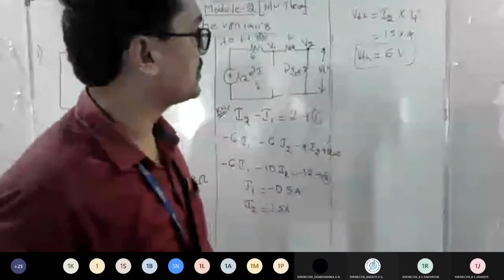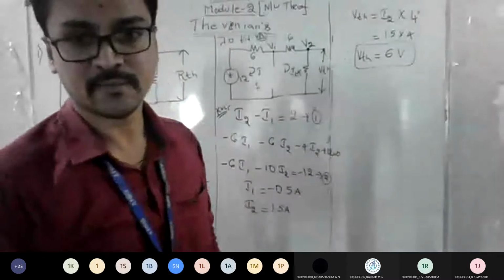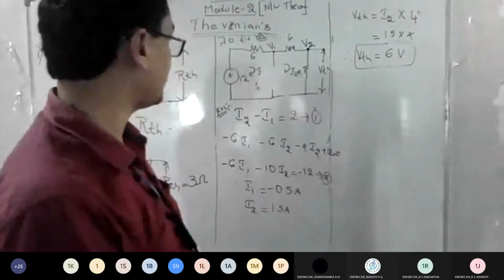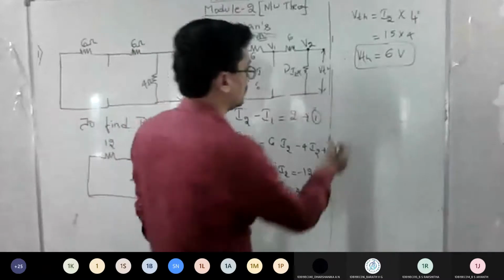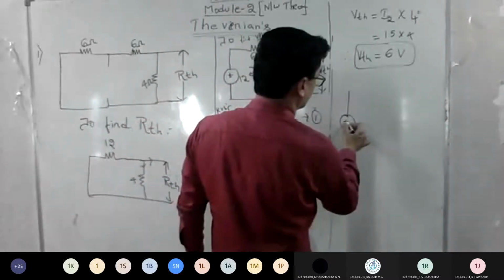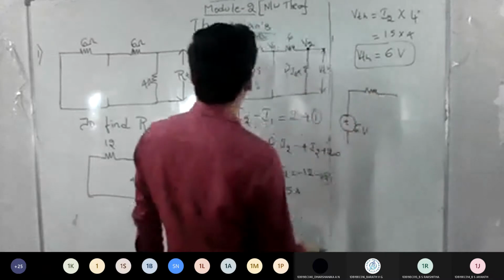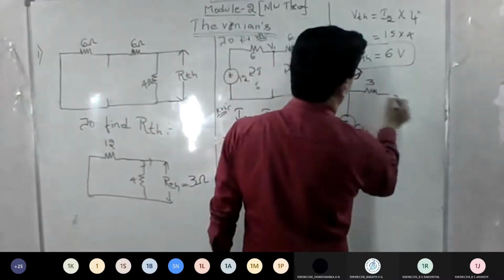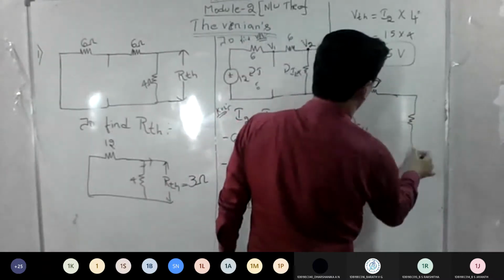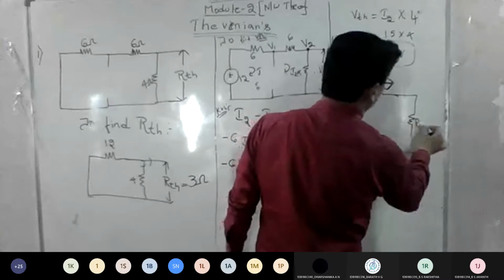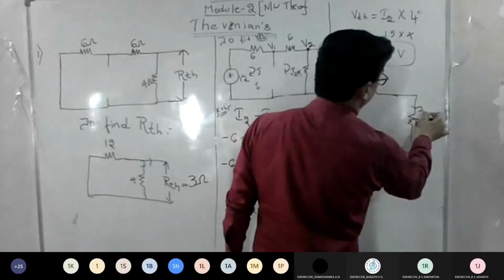We'll get the same answer in KCL also. Let me check out and tell you. Okay, so why is it coming 0? Let me check. So is it fine till here? You got VTH, you got RTH. So what should you write now? You need to draw a circuit with 6 volt here, your RTH value is 3, and a load of 2 ohm. So you need to find IL.